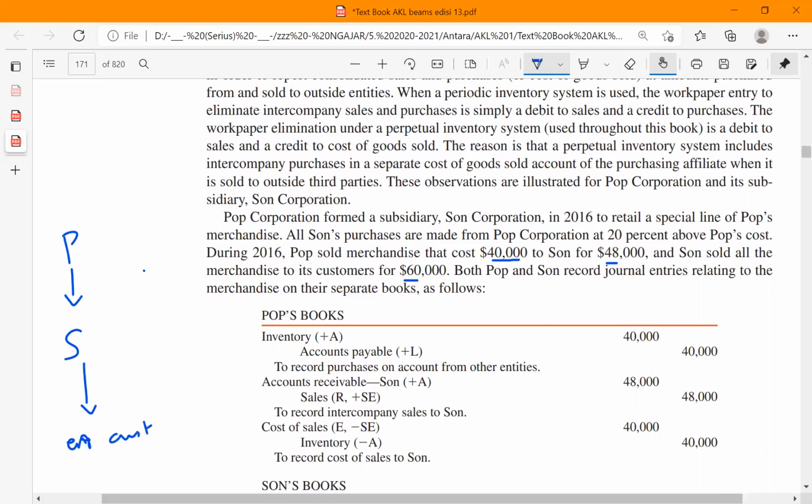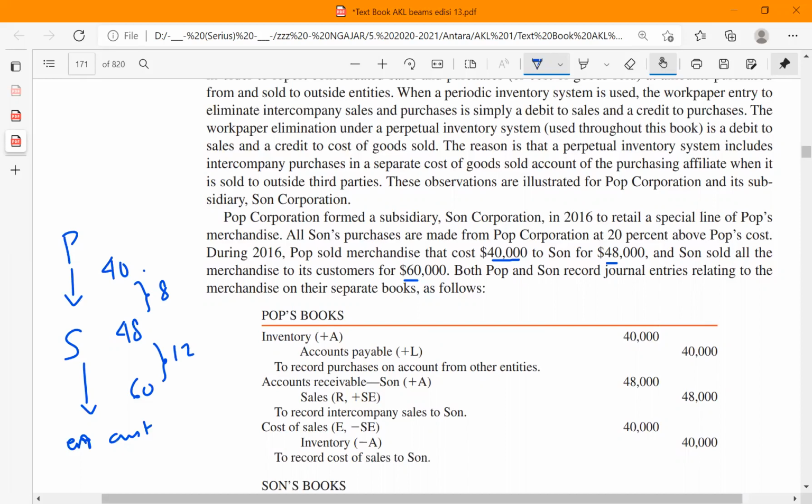The original amount of the inventory is actually 40, but P sold to S at the price of 48. So P got the markup of 8, right? And then S sold to the end customer for 60. So S also has a markup of about 12. Then for the first journal entries, we have to eliminate this reciprocal transaction that we should